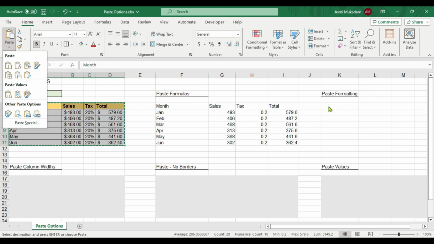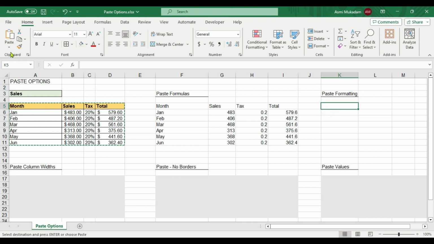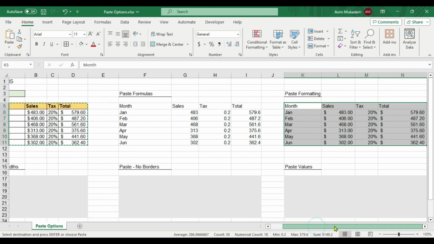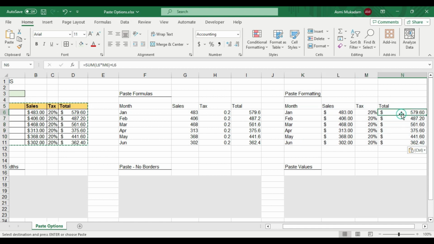We will select our cell first and go to the third option, which is formula and formatting. Here we have number formatting and formula as well. If I select this, you can see we have all the formatting. The dollar sign is also there, the percentage is also there, and here we have the formula as well. In the formula bar we can see the formula. So this is the second option, which is paste formatting. Here we are getting number formatting and we are getting the formula as well.